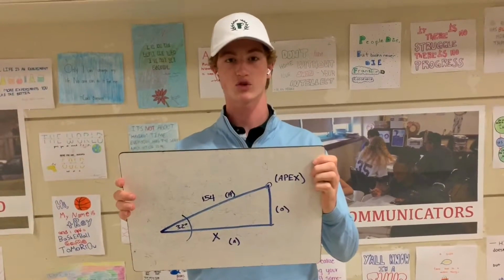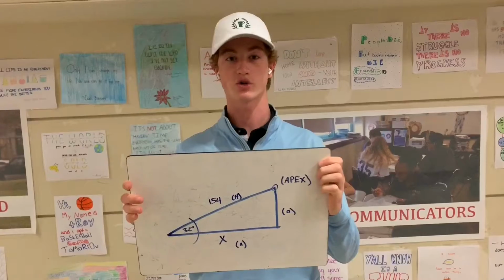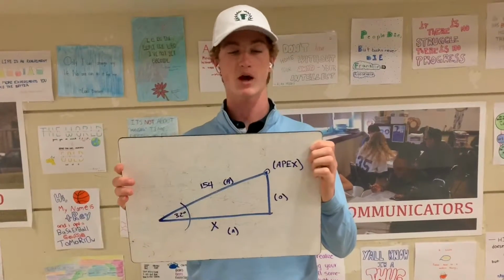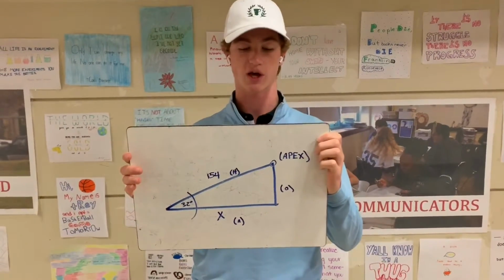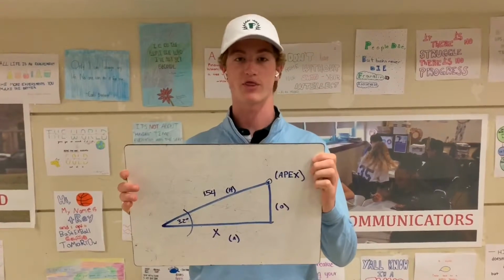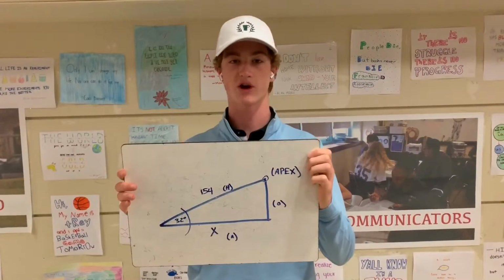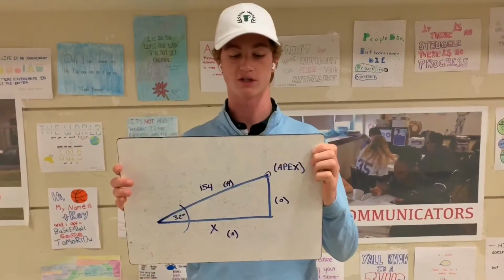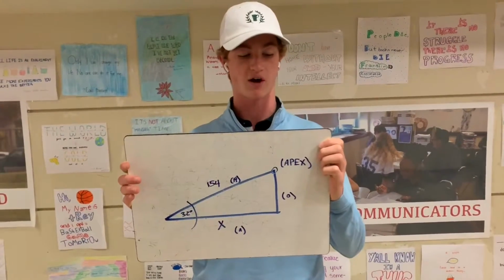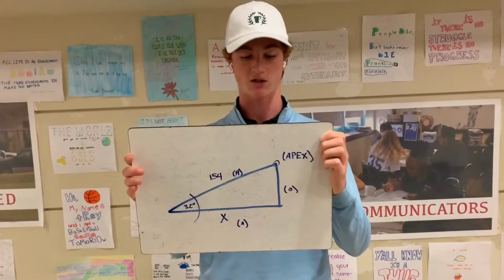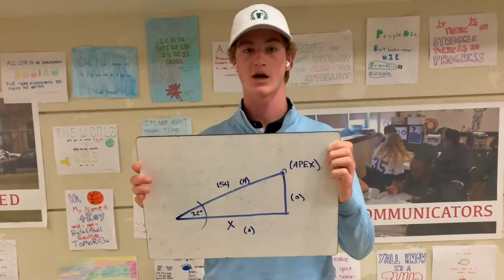Tiger Woods, professional golfer, hits his driver 320 yards. At impact with the golf ball, he creates a launch angle that starts ball flight at 32 degrees. His ball travels 154 yards until it reaches its apex. Find the distance on the ground from impact to when the ball reaches its apex, and round to the nearest